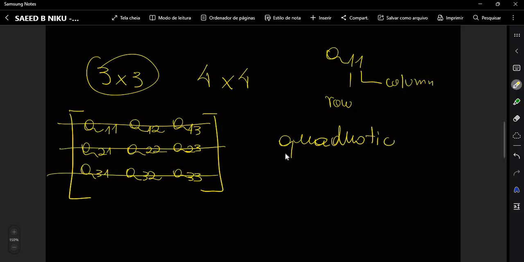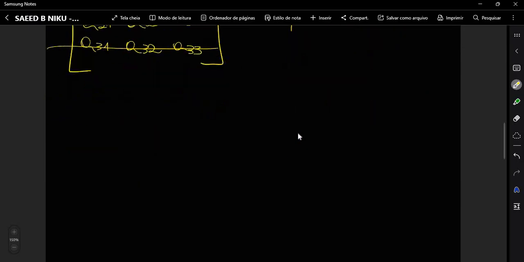So that is what categorizes a quadratic matrix. And as I was reading to you, the book presents to us that it is interesting for us to maintain the matrices in the quadratic form